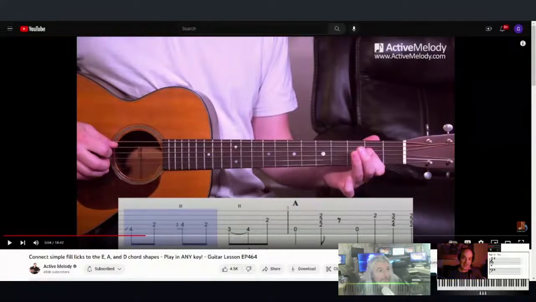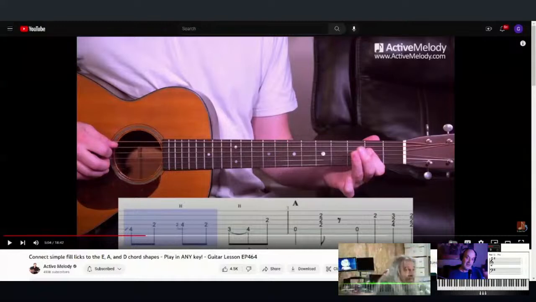But then you see the next hammer-on next to it, the 3 to the 4, is actually two individual notes. So you're going 3 and then hammering on the 4, each as a full note, taking their own full time, where that first one was just a grace note. So it's good to see the difference in those two. I know this is for a guitar, but it is actually useful to see.